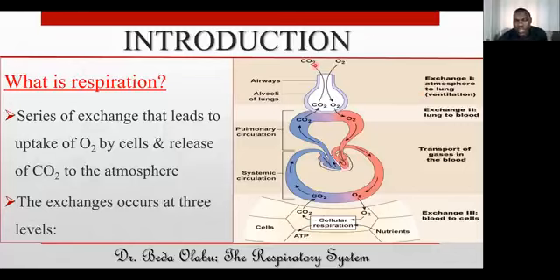So you know that you usually breathe in and out. As you breathe in and out, air moves in and out, but there's a lot that is happening to the gases. So from the atmosphere, oxygen goes to the lungs, and from the lungs, carbon dioxide gets to the atmosphere. So this is what we call ventilation,